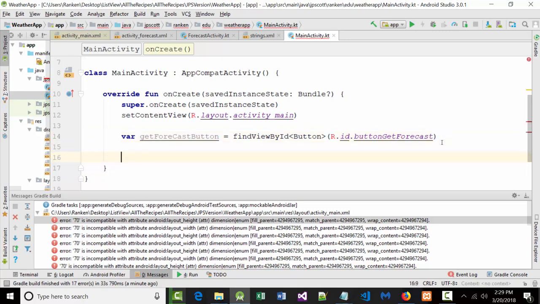Now what I have to do is let the system know that when I click on that button, I want it to go to the other screen. Does that make sense? So how am I going to do that? I'm going to say my new Get Forecast button equals, and I'm going to type a setOnClickListener,